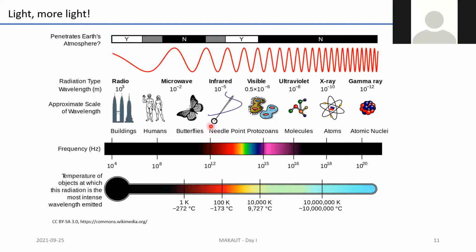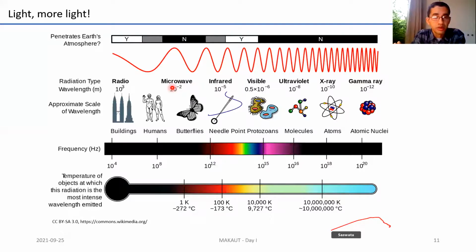Beyond red, you have infrared wavelengths like this. Beyond infrared, you have microwave, and beyond microwave, you have radio waves. If you go on the other side of violet, towards the lower wavelength but higher energy side, you have ultraviolet, X-rays, gamma rays, and so on. And this is the entire set of things available at our disposal. So we use this to study molecules and materials at different length scales.